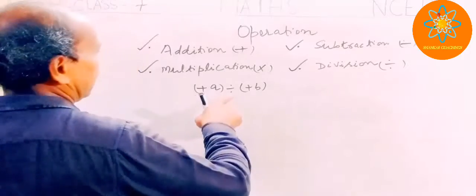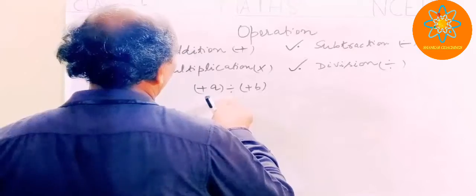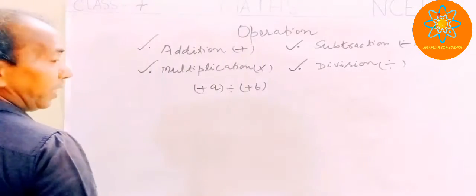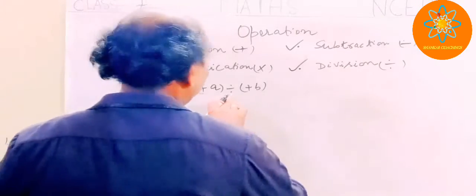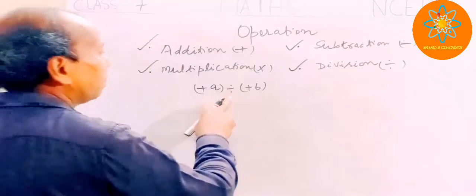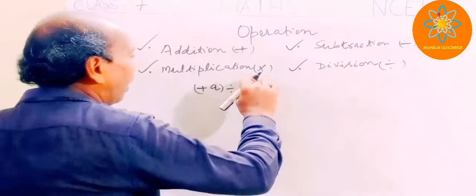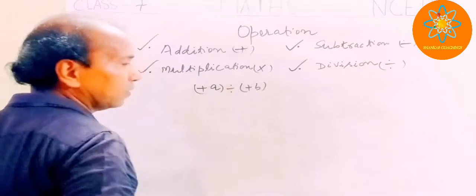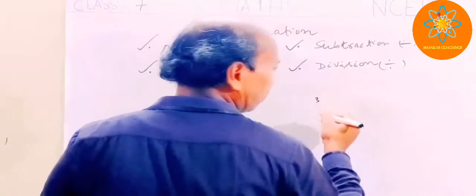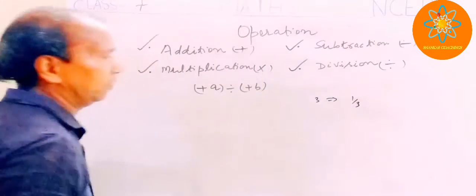In this case, I can use the theory of the multiplication also. What is that? First thing, I can change this division into multiplication. If I change this division into multiplication, I have to find the inverse of this b. Inverse of b means what? Suppose number 3 is there. I want the inverse of this one. So inverse is how much? This inverse is 1 by 3.